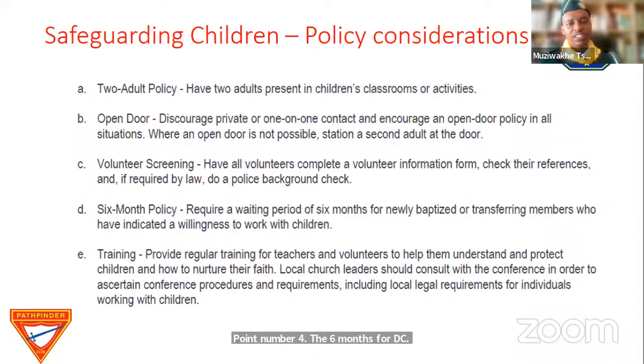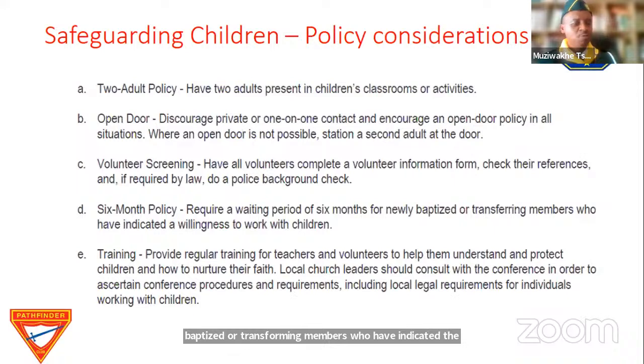Point number 4, the 6 months policy. This policy requires a waiting period of 6 months for newly baptized or transferring members who have indicated a willingness to work with children. And here we say leaders, don't rush anybody to work with your children. For example, if I leave Temba Church and I become a member at your local church,